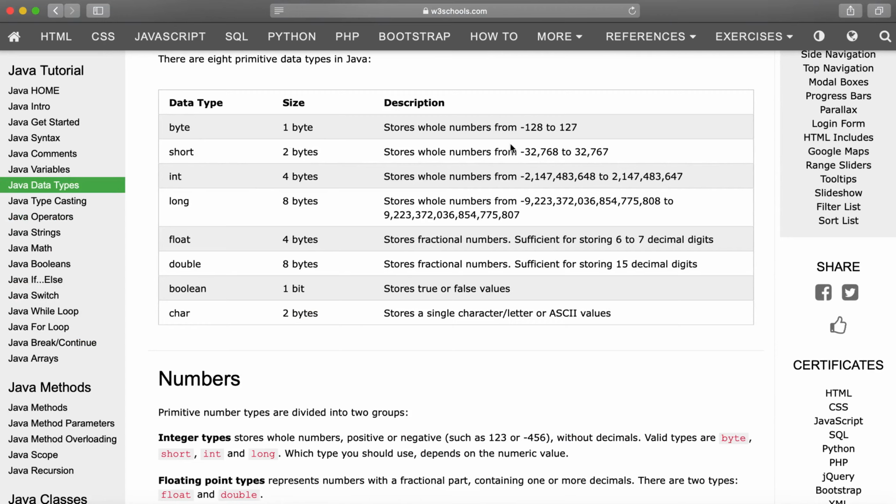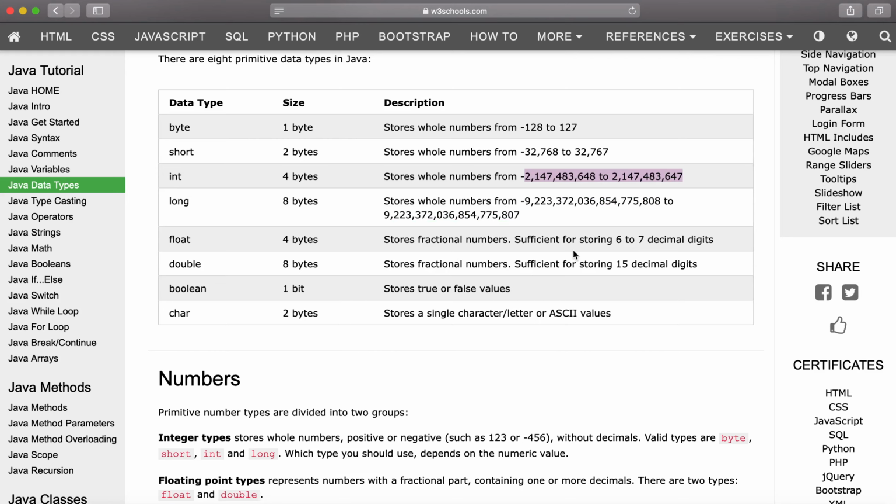See, for a byte it is minus 128 to 127, and for a short it represents 2 bytes. This is 2 power 15, and this is 2 power 15 minus 1, and for int this is the range, and this is the range for a long. Nobody will ask you what the range for a long or an int is. If you can remember, that should be good, whereas for a byte you can easily remember.